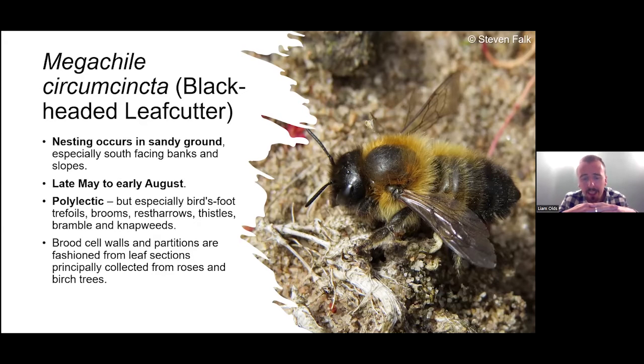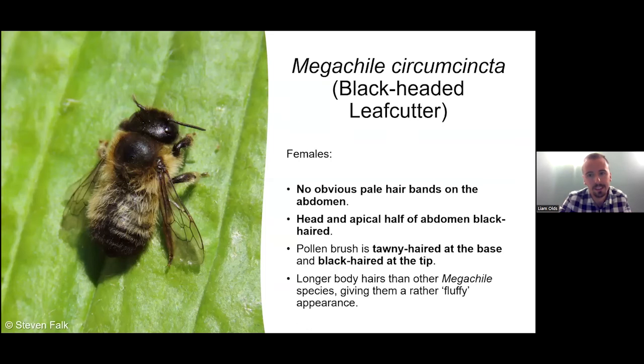And again, like all the other leafcutter bees, it uses leaf sections in its nest. And it will use things like roses, and it's also been known to use leaf sections from birch trees. But it probably uses a lot of other things as well. And in terms of the identification of these,